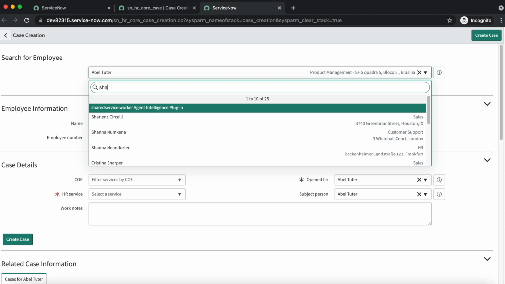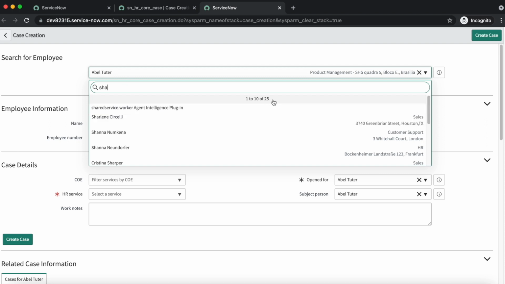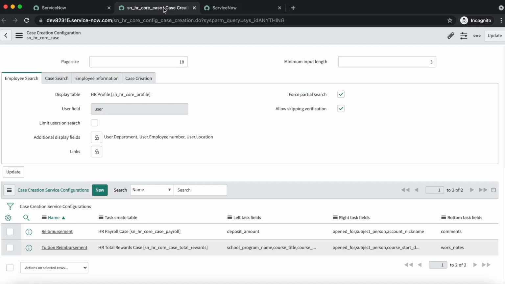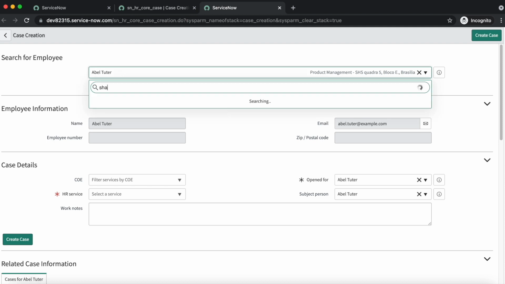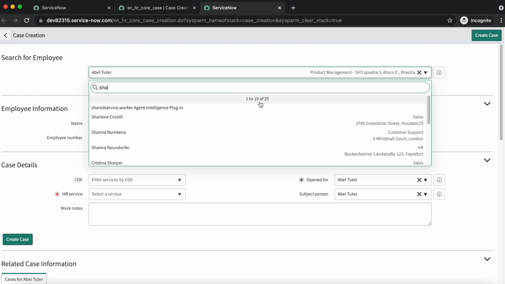Here you can see that we have a total of 25 records starting with SHA, but right now it's showing 1 to 10 only, because we have set the value as 10.